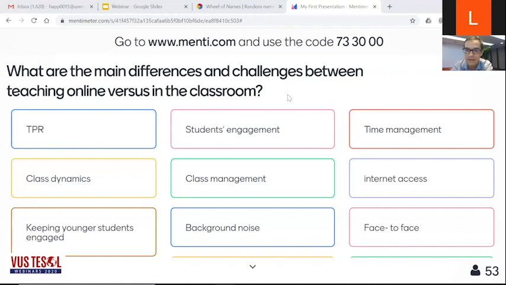I have a lot to say today. I'm not sure how well the timing will go on this. I'll try to go quickly through some parts and maybe take my time at other parts. So I'm just cruising through Menti here. We've got a lot of interesting ideas.